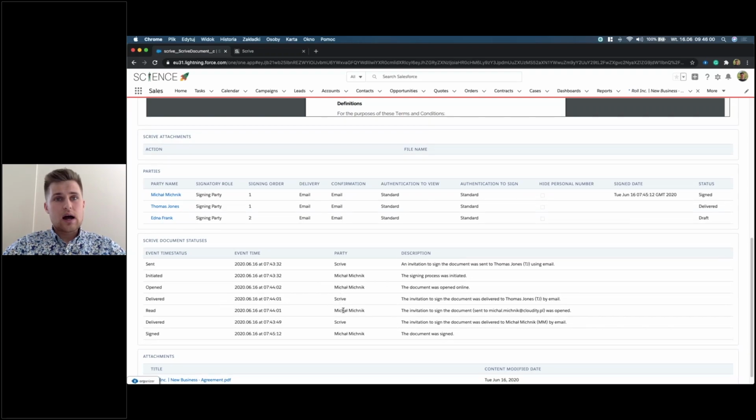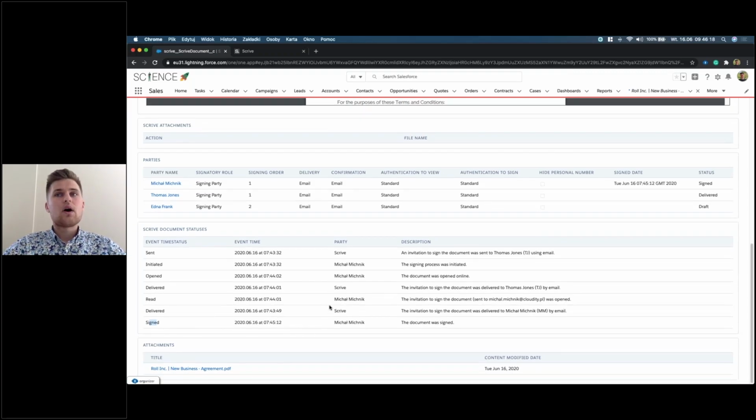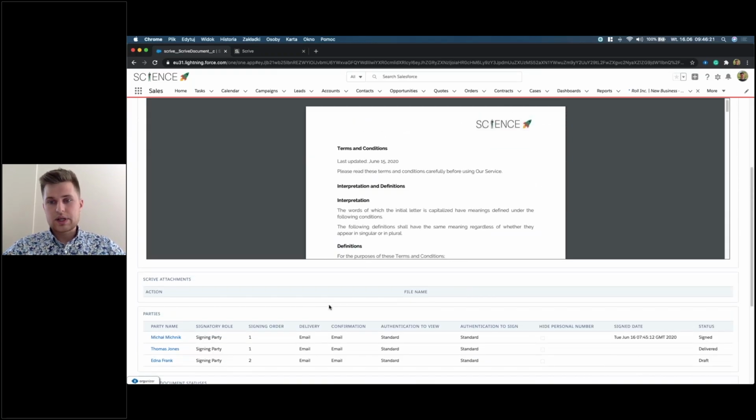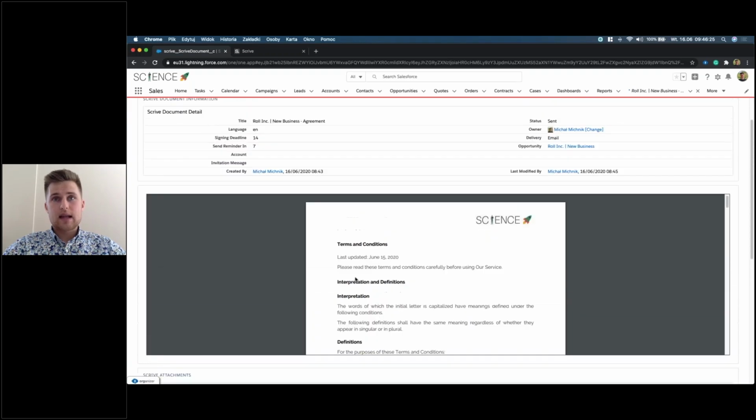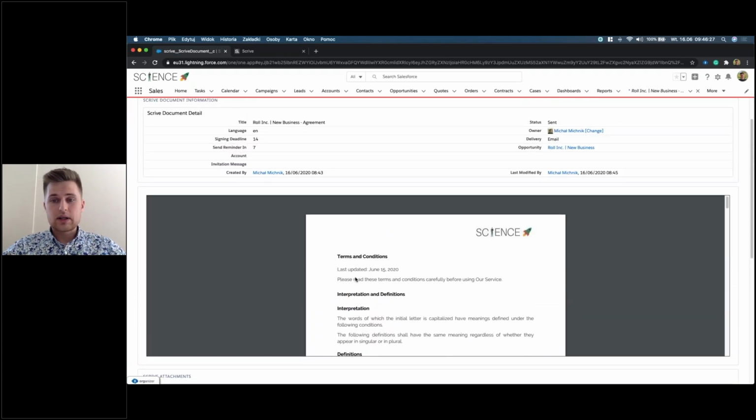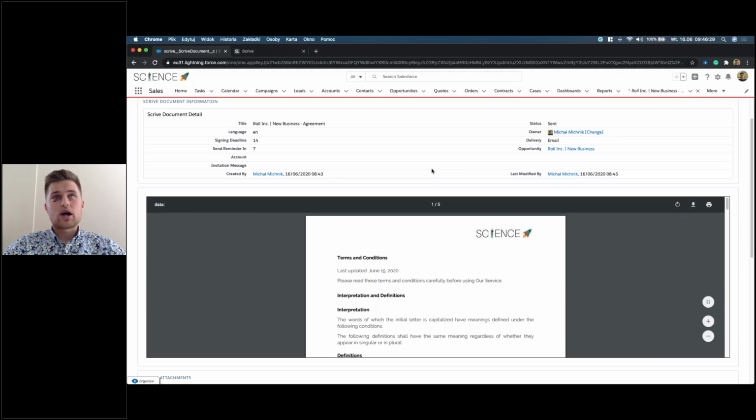So as you can see, I've already opened the invitation and I signed the document, and it will be visible in the same order for Thomas Jones, one of our contacts in the customer's company, and Edna Frank. Okay, so the document is signed. Very easy. And the next step in our learning path is to get more knowledge